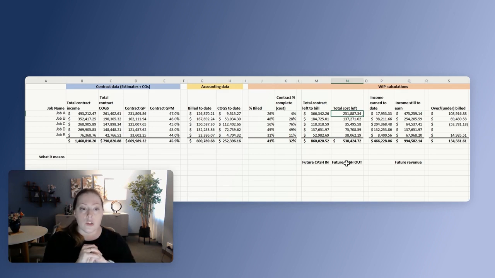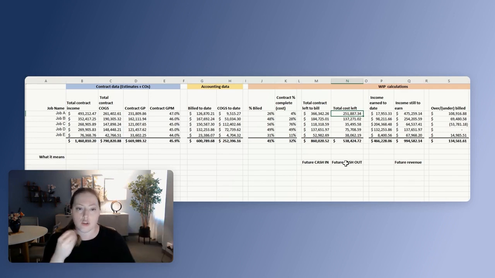A lot of that is going to help me if I have purchase orders set up. For example, if I have the material that I ordered and I'm already contractually obligated to make these payments in the future, I could say that, okay, out of the $251,000 that I have left, I have already ordered $100,000 of that, and I know that is probably going to be invoiced in the next month or two. So then I know exactly when the cash is going to go out, and that is going to help me with the cash flow predictions